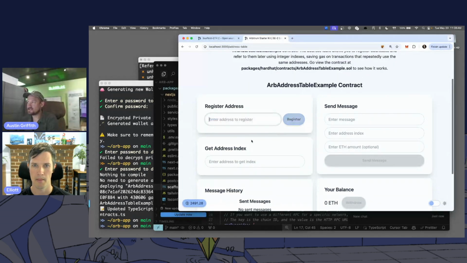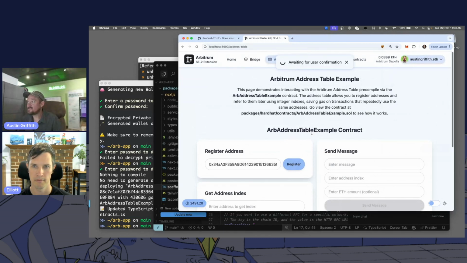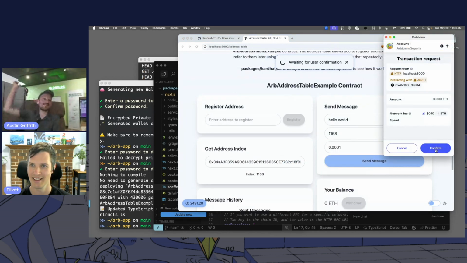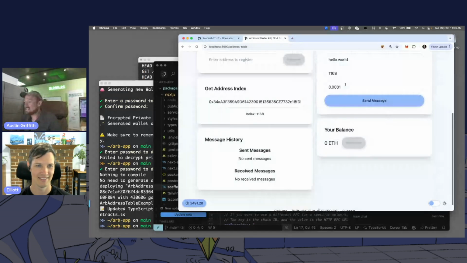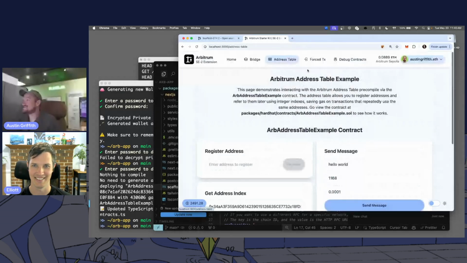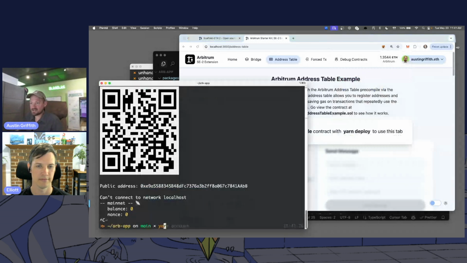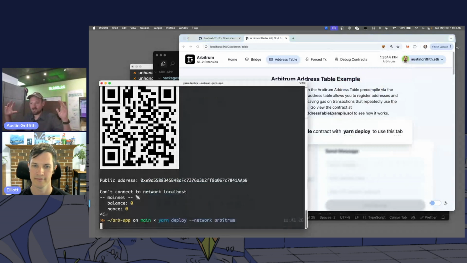Oh, I need to paste in an address there probably, yeah. Let's copy our address and paste it in and hit register. Something's not right there. Let's go to mainnet Arbitrum, right? All right. Let's quit dinking around with this testnet stuff and just put this thing back on. Okay, and then we'll yarn deploy --network arbitrum, and hopefully we just put this thing on mainnet and